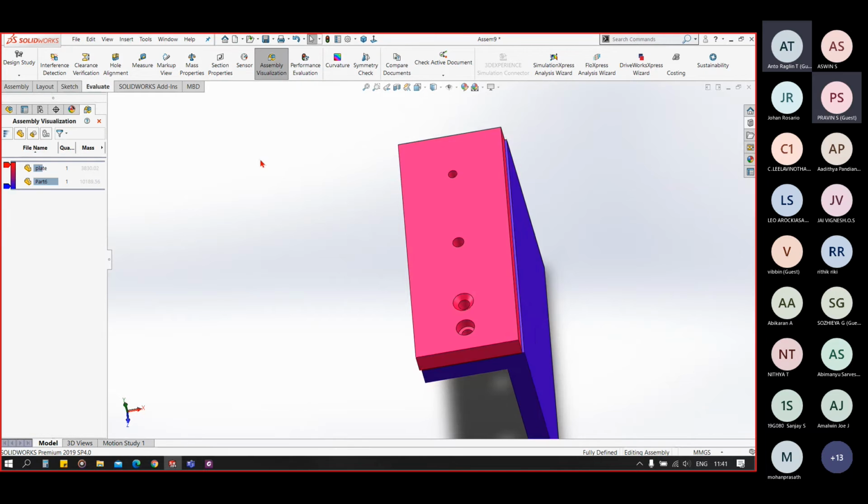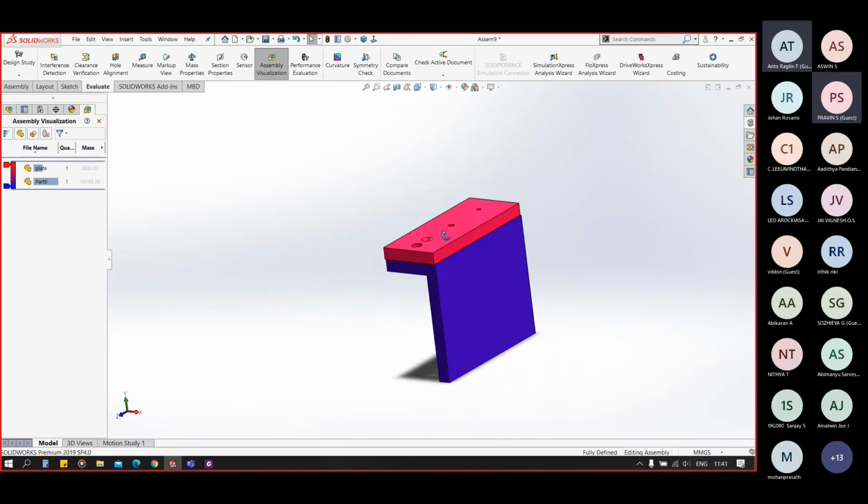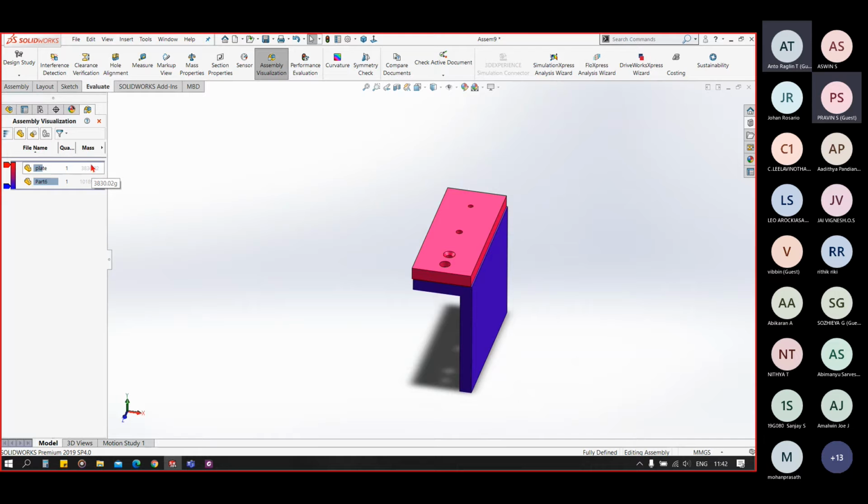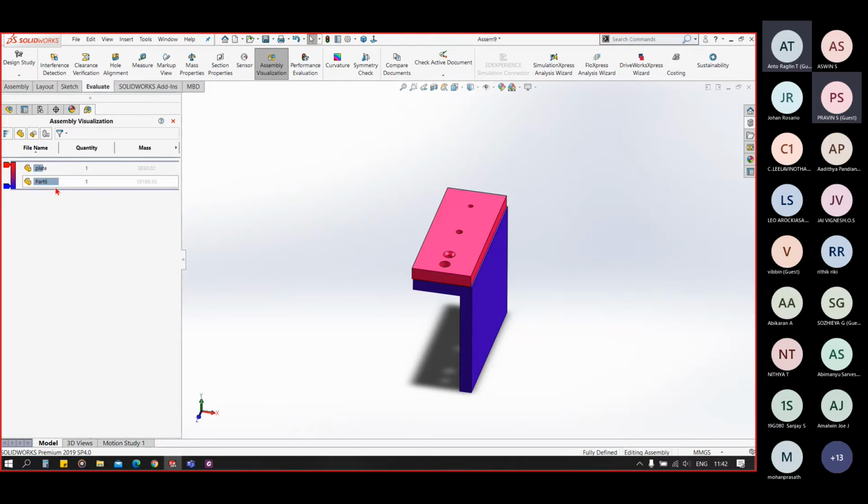Now let's go to assembly visualization. And you can see we have two parts here. First part is plate, second part is plate part number 6. We can see in the assembly visualization its quantity and its mass here.